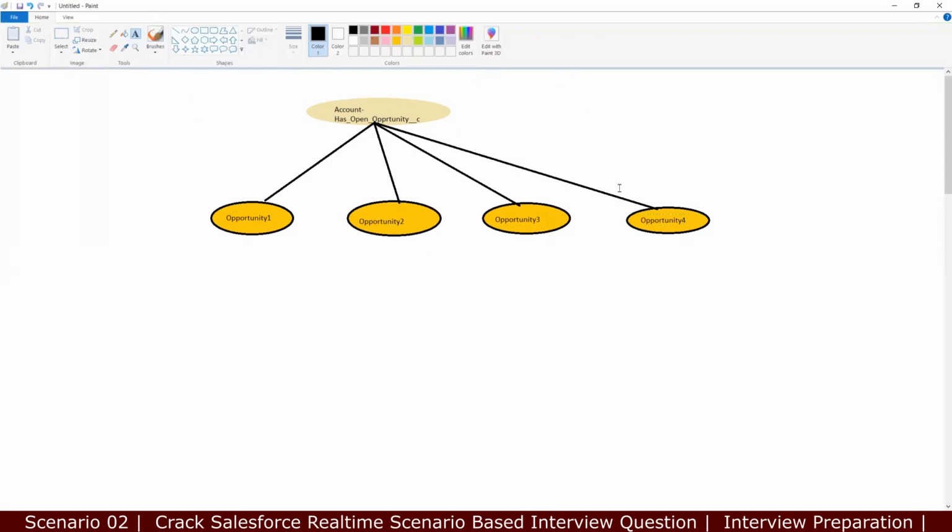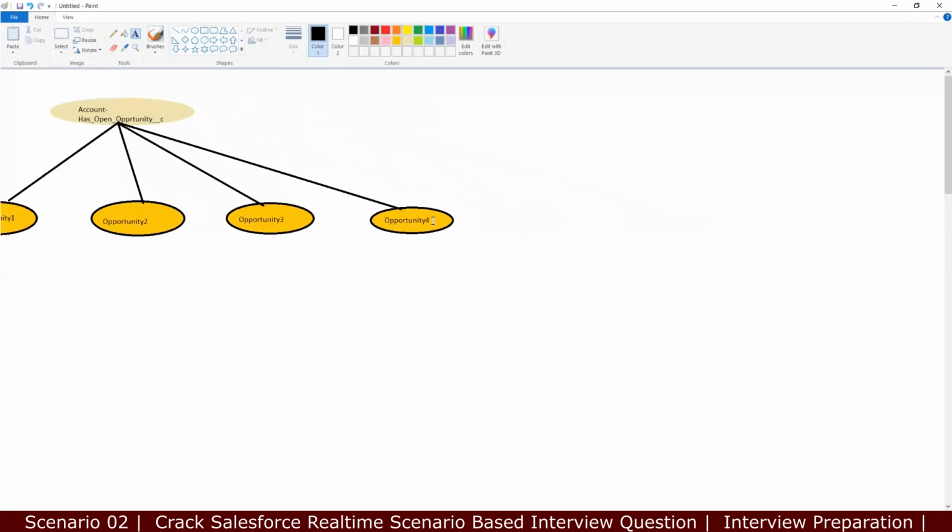I have to create these records in Salesforce before I start doing anything. Once they are created within Salesforce, the first thing is, as soon as an opportunity is updated or inserted,